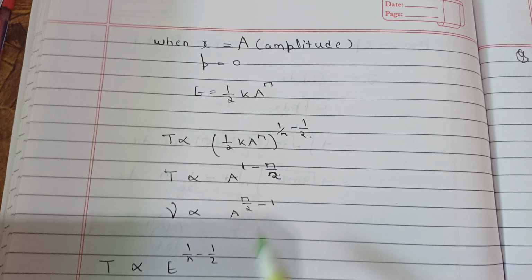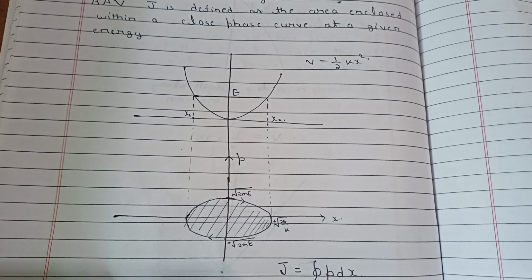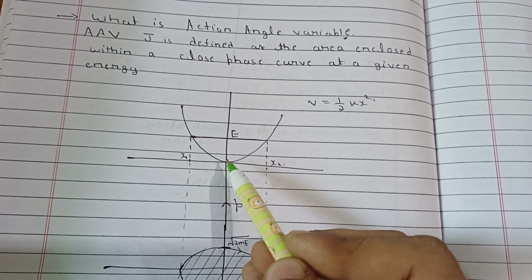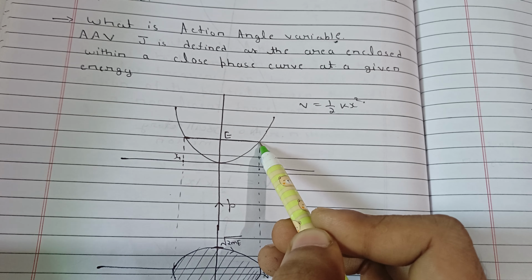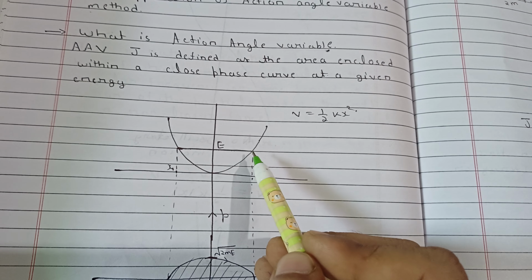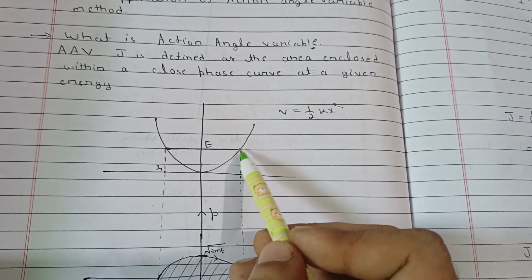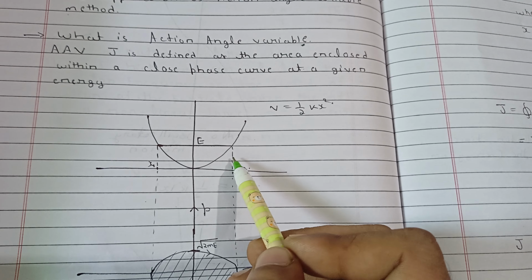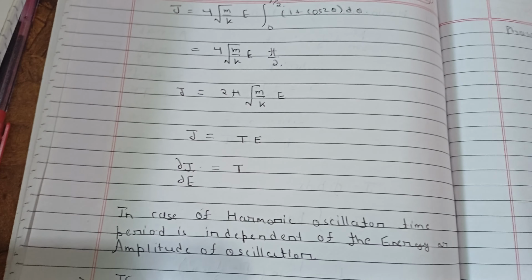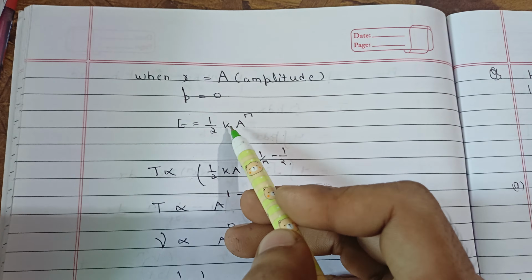Now see, A is the amplitude, and amplitude happens when there is this oscillation, and this comes out at this point, at the end of the motion. This displacement is called the amplitude, and at this point total kinetic energy is 0 and potential energy is maximum. So put the kinetic energy equal to 0 and x equal to A. So energy will be equal to half k x to the power n. In place of x we will write A. So total energy will be this.